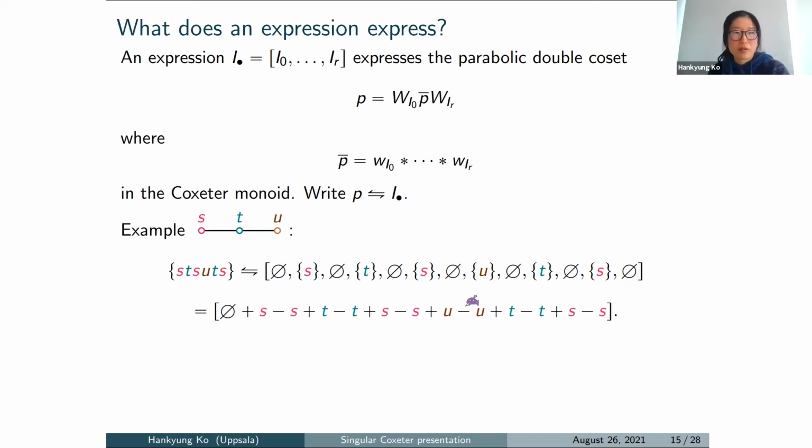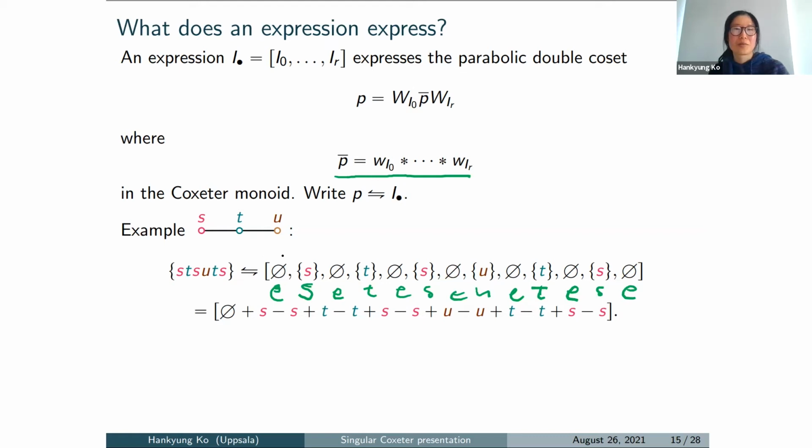So if you want to compute what it expresses, you take this product in the Coxeter monoid, and the longest element in the subgroup generated by the empty set is the identity element. Here you have S, so E, T, E, S, E, U, E, T, E, S, E,